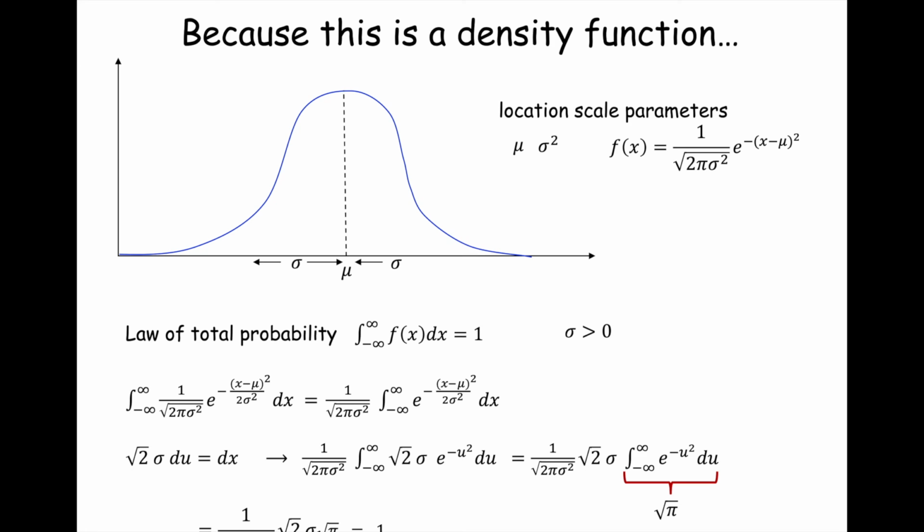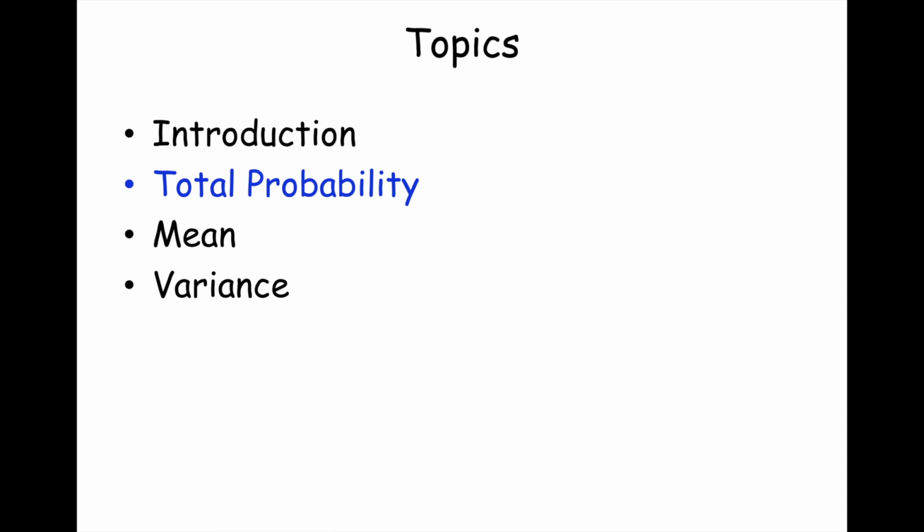This was the law of total probability. I take that integral of the density function for the Gaussian distribution between minus and plus infinity, and I get exactly 1. So lo and behold, it is indeed a probability. Any questions about this? No? Yes? Okay, we will save for Tuesday the derivation of the mean and the variance. It's just more algebra and a little bit of calculus. And I will end there.